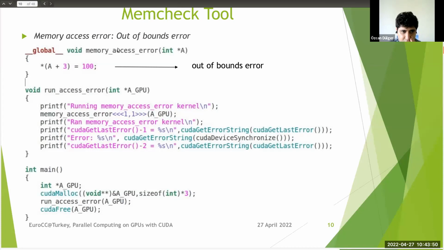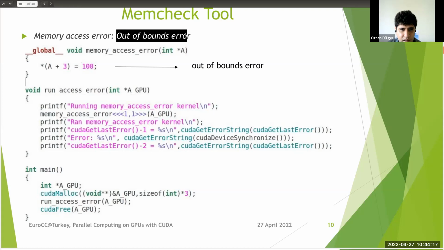And we have a kernel, memory access error kernel here. It starts with the global keyword, so this is a kernel on the GPU. And it takes our array as an input. Here we are trying to assign a value to one of the locations of this array. The first